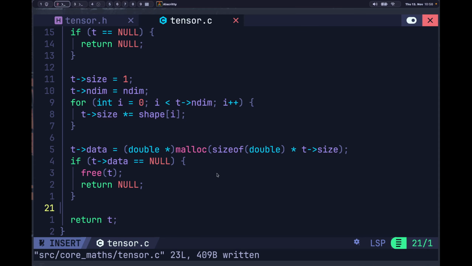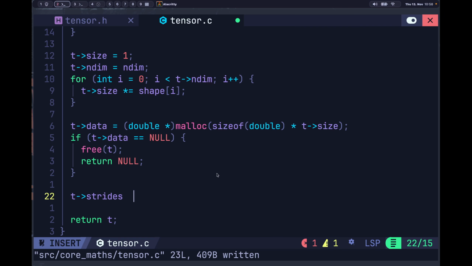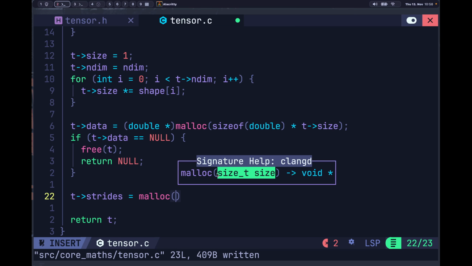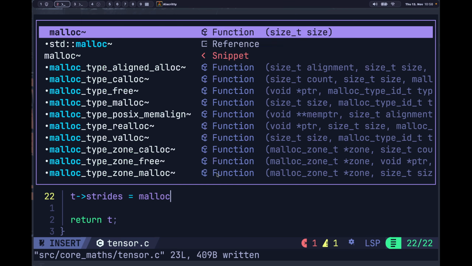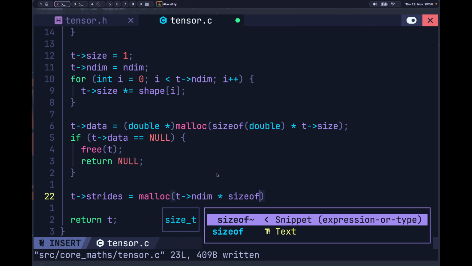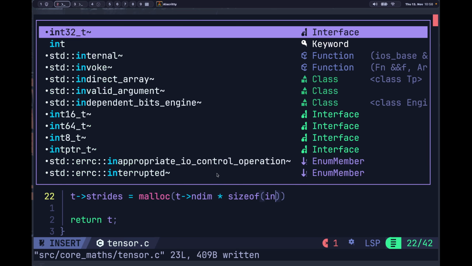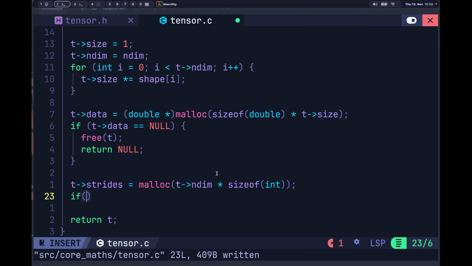Now let's calculate the strides. T dot strides again will be malloc. It will be equal to the number of dimensions, so ndim, times size of int, and if it fails,